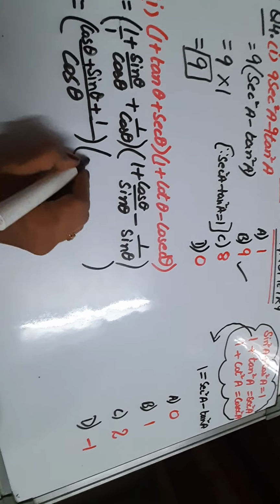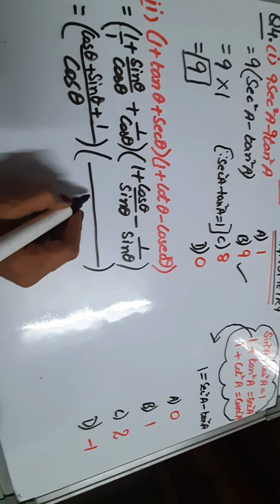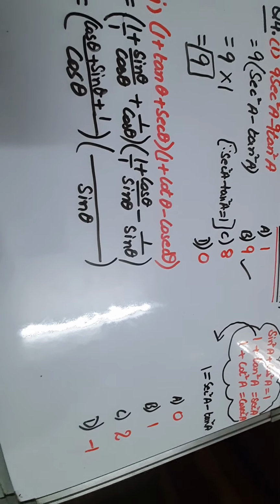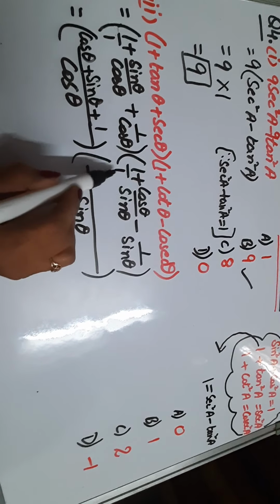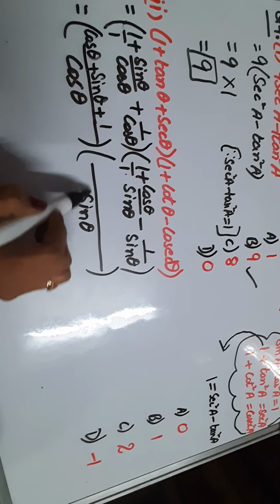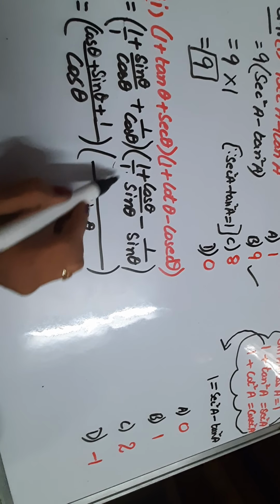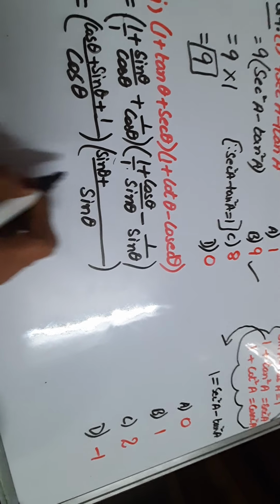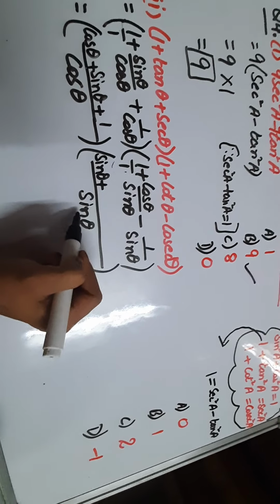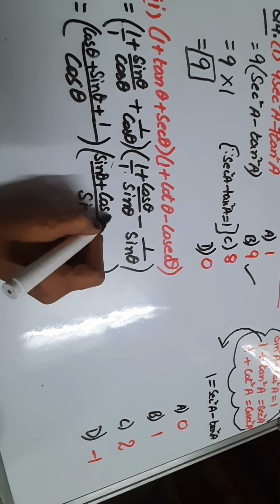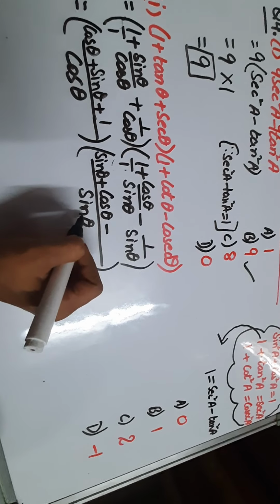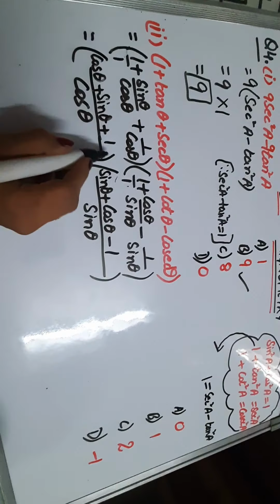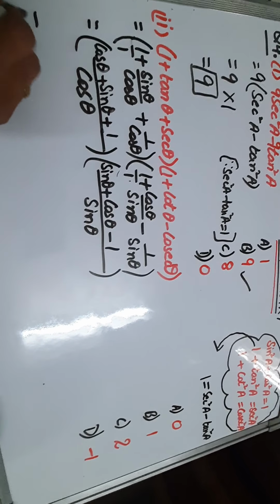Similarly, let us take the LCM here. Single sin theta is there, so we'll take sin theta. Here nothing is there, we'll take 1. Right? Now compare the two denominators. Sin theta is missing in this denominator, so we will multiply it by the numerator, that is sin theta into 1 is sin theta. Now the denominators are the same, that means the numerator will be the same. Again the denominators are the same, so the numerator will remain the same. Like this. So both the brackets, means multiplication is there.